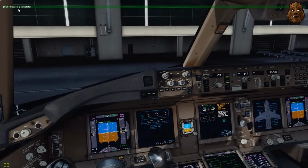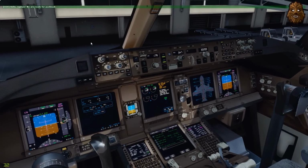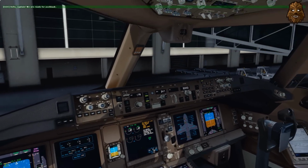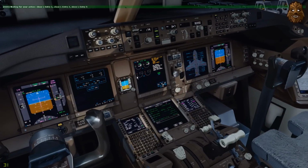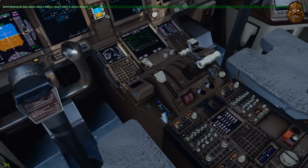Okay, we've just got the notification on the screen there. Boarding is completed. Pretty perfect timing. And so GSX is just getting in position now. And there we go. It says, "Hello, Captain. We are ready for pushback." And so they are getting themselves ready to go, and they're going to ask us to close some doors up, which we will do now, and disconnect all the ground power and everything. So we will sort all of that out for them,